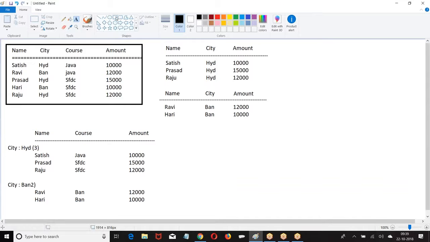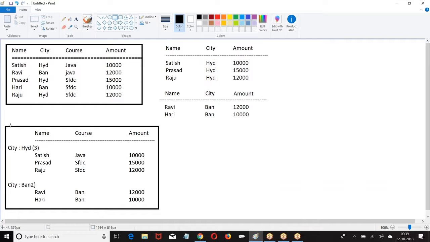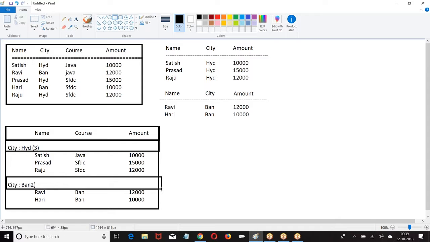Data was divided based on city. This is what? Summary. Grouping the data based on field. There can be any one of the field.